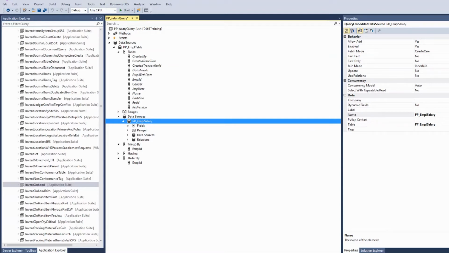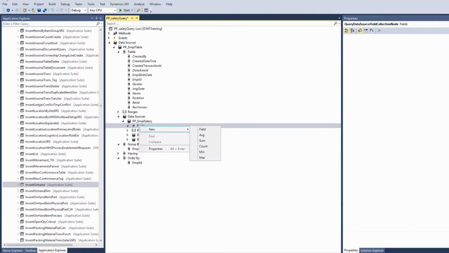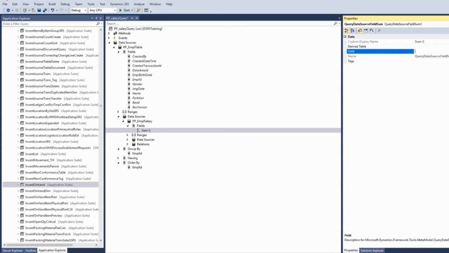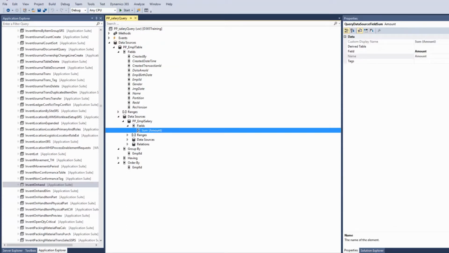So here I will right click, new, sum, and my field is amount. Like this I will create fields here. Whenever we use any group by function on the table, we have to use the aggregate functions in the query.